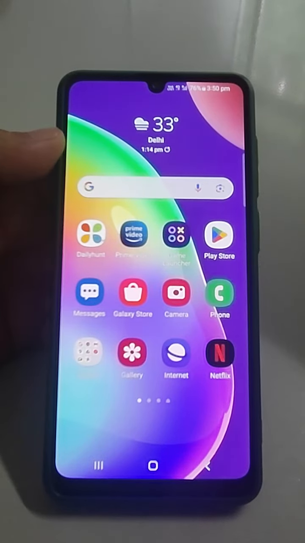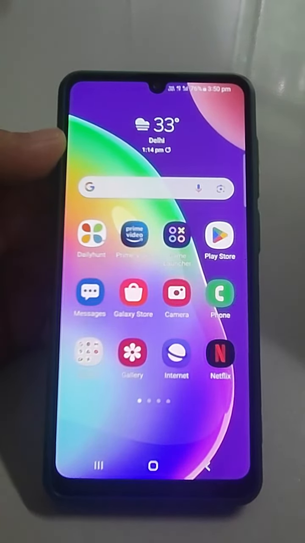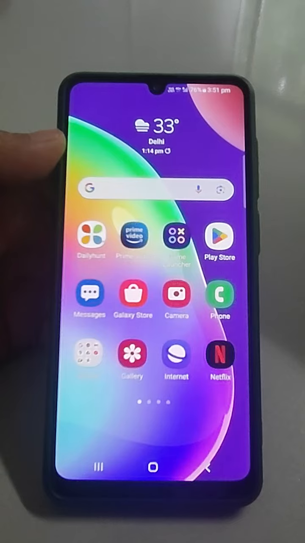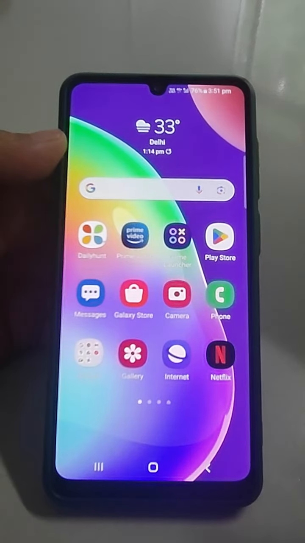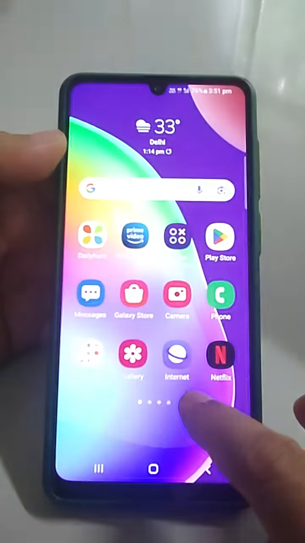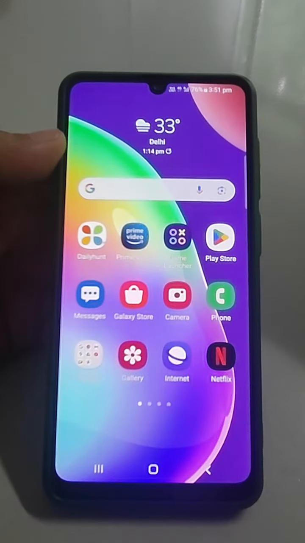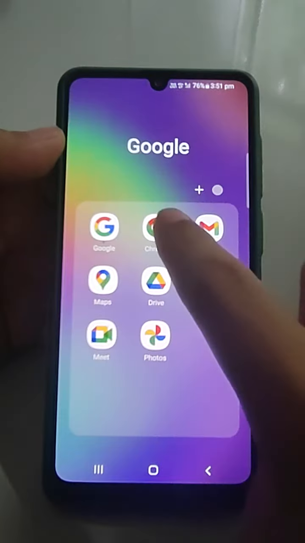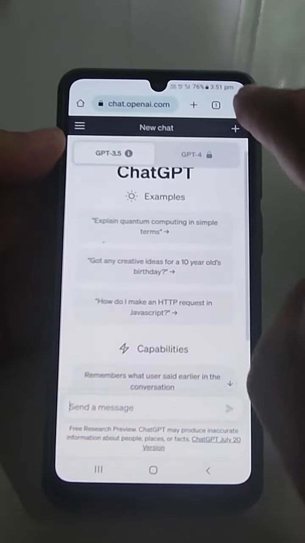So accepting cookies on a website will not result in any catastrophic event. You should accept cookies from most of the sites until you are very unsure about that site. So for doing that, what you need to do is go to Google Chrome, and from here go to the settings,